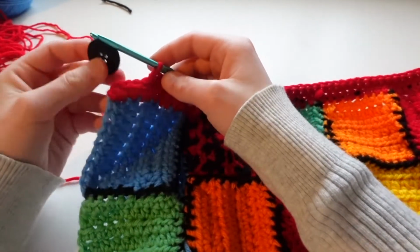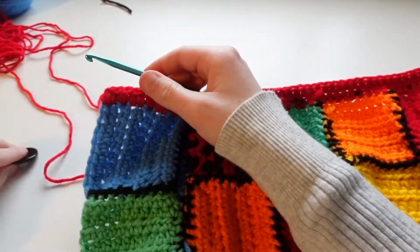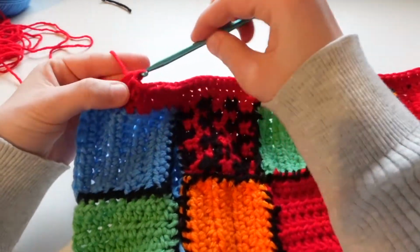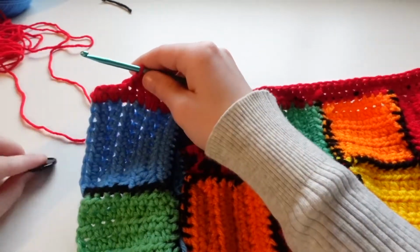Okay, so when you get to the end, you want to leave room for a button to fit through. So I'm actually going to make, but you want it to still be tight so the button stays on. So, okay, I could squeeze a button through there. So then you're going to